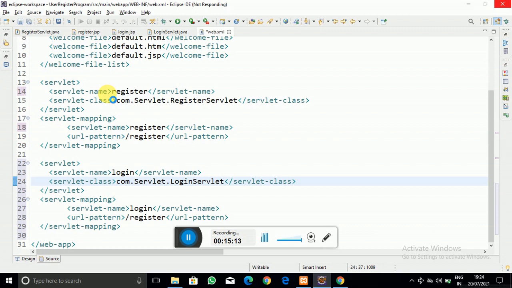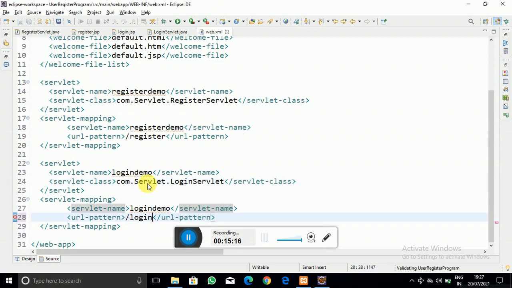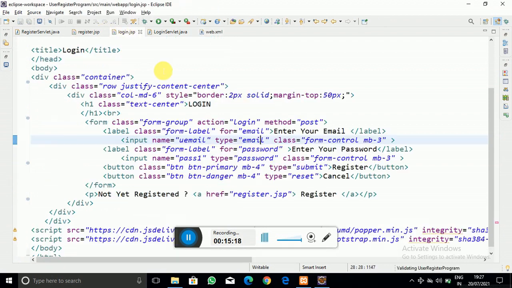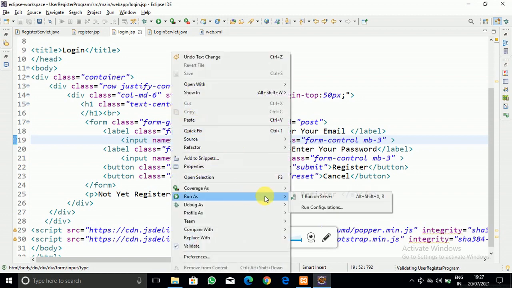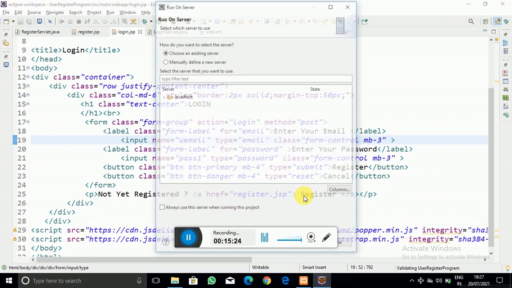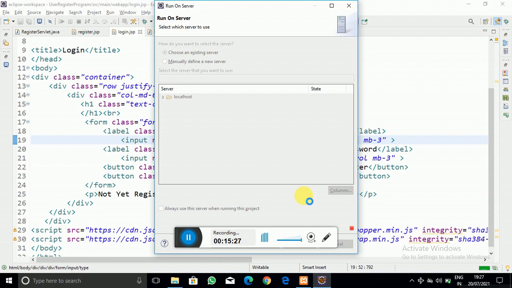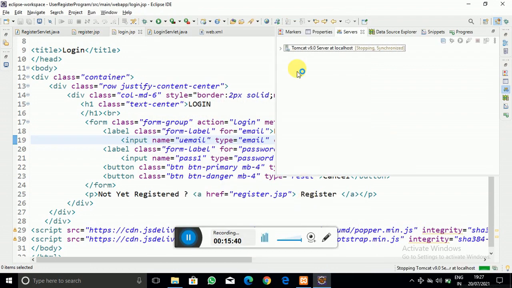Now let me try to run our program. Let us see what happens. Let's open the login.jsp page, right click and click on run as, run on server. As we have to restart the server also, let us see whether the login page opens or not. Yes, restart the server.